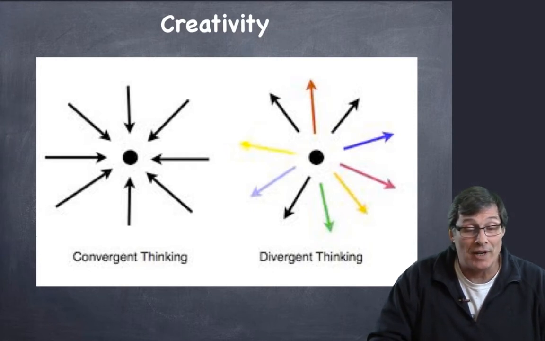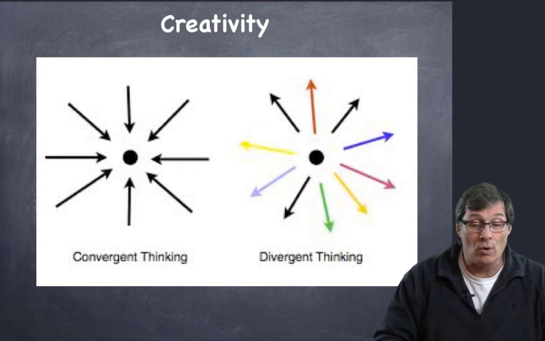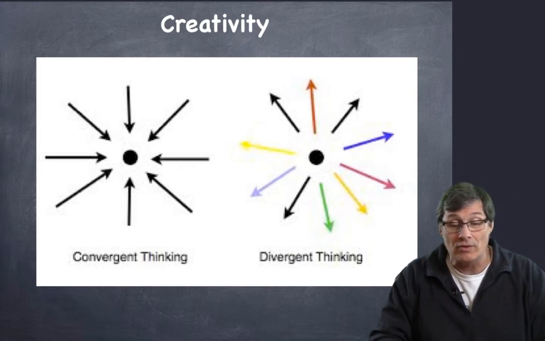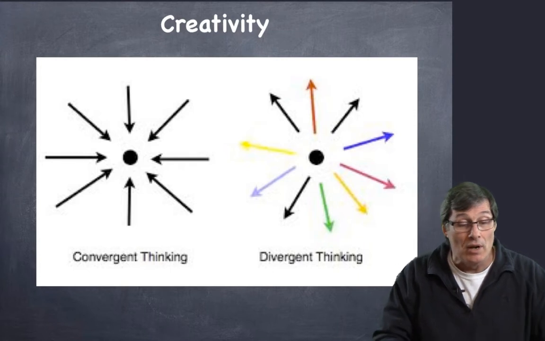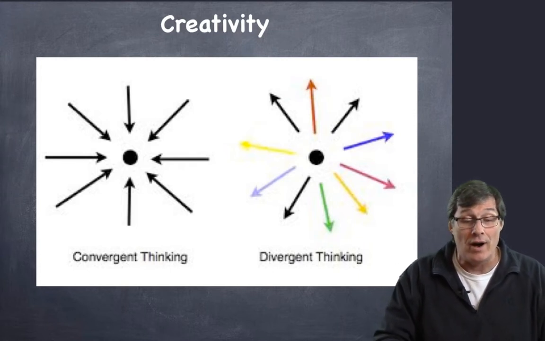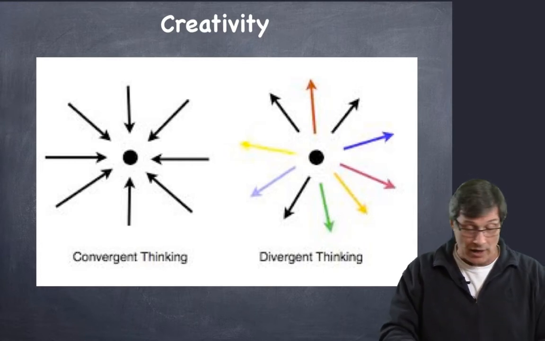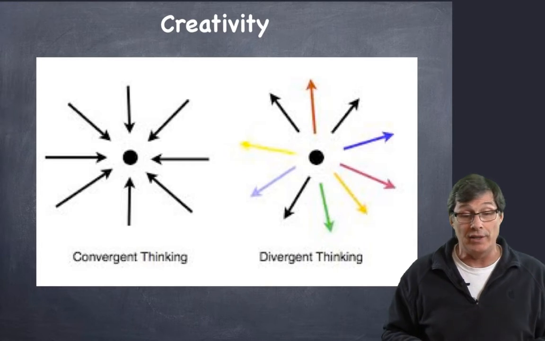A high degree of divergent thinking, demonstrated by creative thinkers, is flexible, switching quickly and smoothly from one stream of thought and set of ideas to another. Both brain hemispheres are highly active during creative thinking, and that's divergent. It takes the idea and goes out: here's an idea, here's another idea.